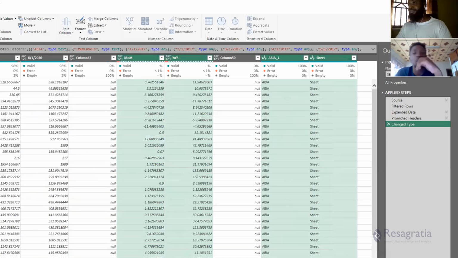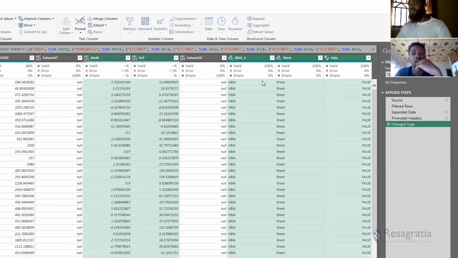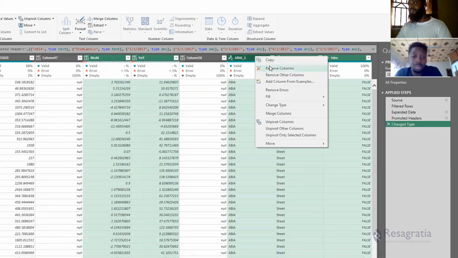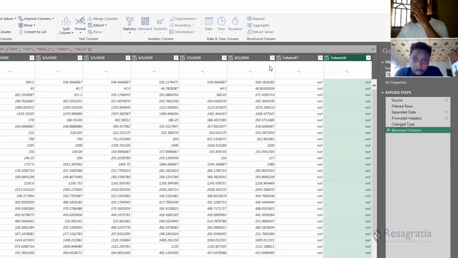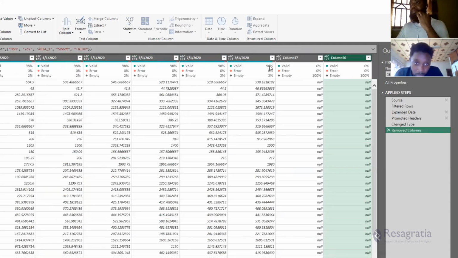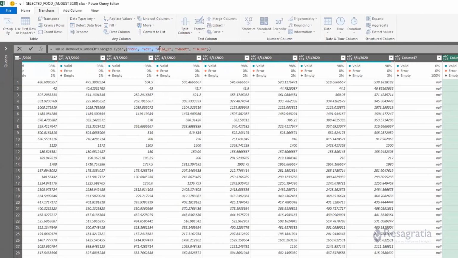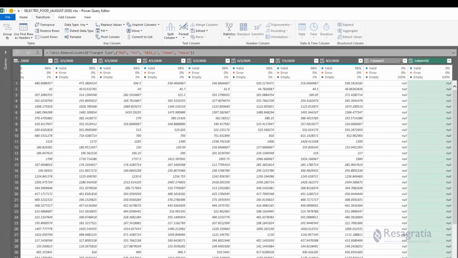They have defined names, and I'll right click and say remove columns. Anytime there's new data that comes in, the first thing you should do is just remove these columns. Whatever we're left with here will be maybe September, October, November, and we might still have these two empty columns. But if I highlight these two columns and remove them,